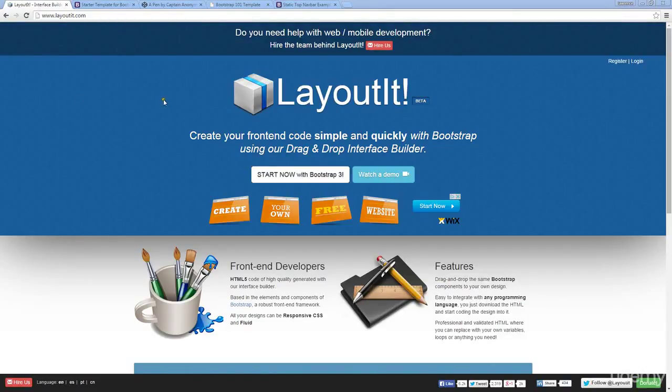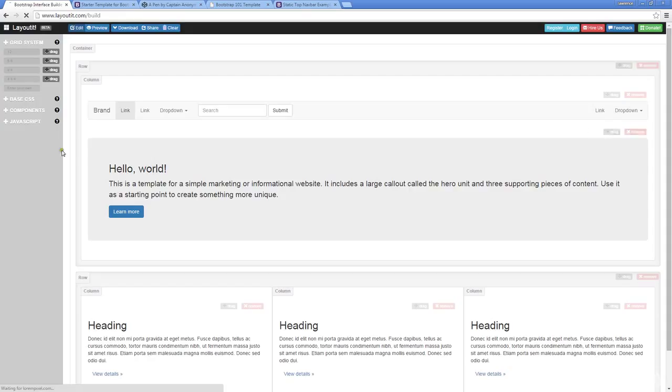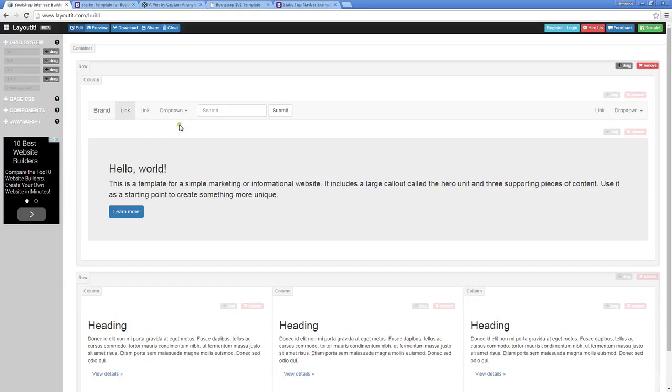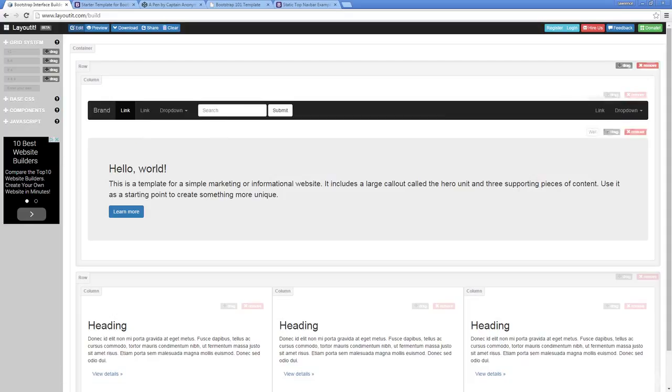So within this lesson, we're going to cheat a little bit and we're going to use Layout It to basically lay out our basic design that we want to create for our website. By default, you see that they already have a really nice design. You could inverse the colors. And the way that this is, it's fairly nice. And as well, just below that, they've got this, the